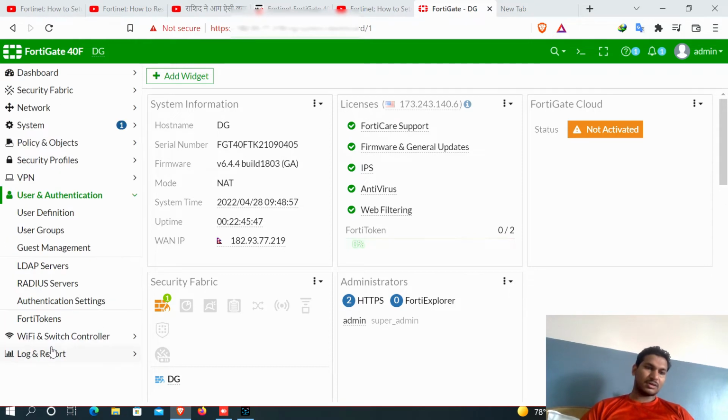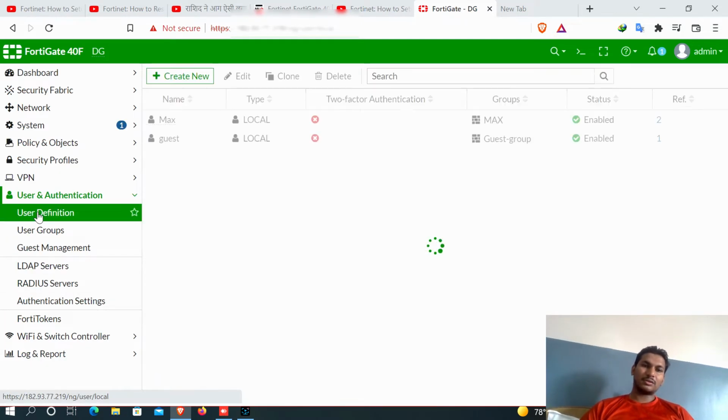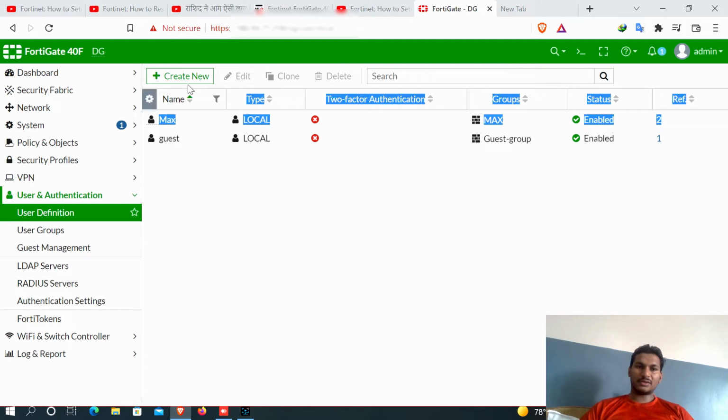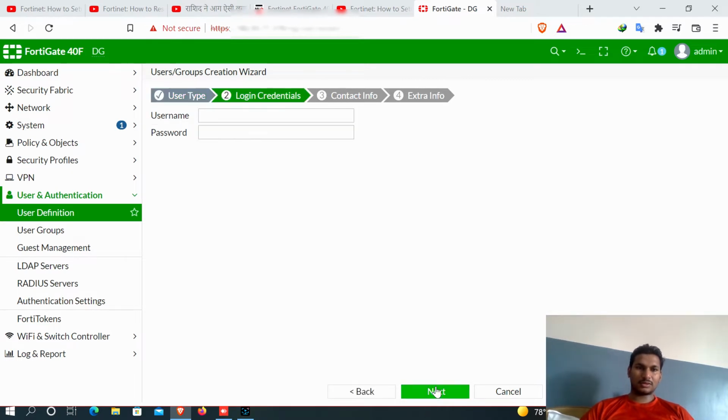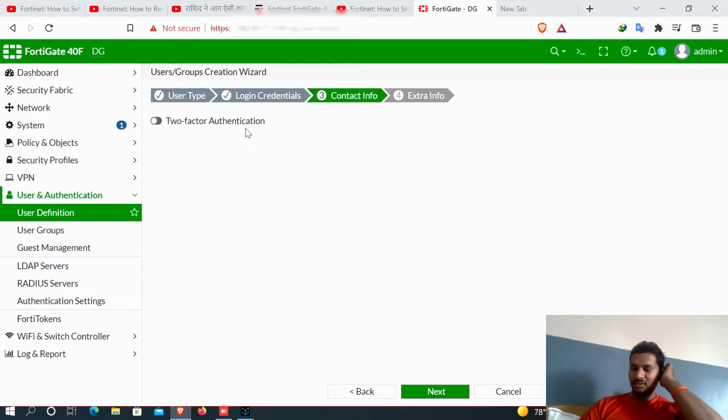in User and Security and create one user. So I'm just creating my one user, like me. Okay. Next, my user, and what is your password? So you just type your password. Then next. Two-factor authentication, we don't need this. So next,